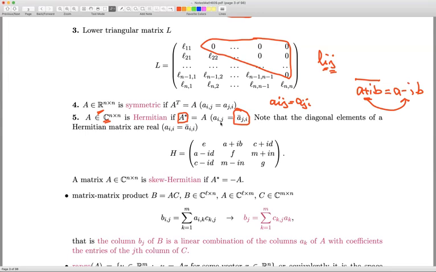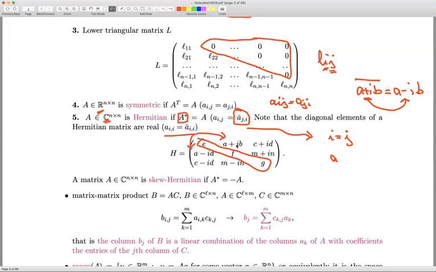And if we have a Hermitian matrix, if we put here in this general equation the case when i is equal to j, then we will have that Aii is equal to Aii bar, which means that the entries on the main diagonal coincide with their complex conjugates. And this is possible only if the entries are real. So if we have a Hermitian matrix, on the main diagonal we have real numbers, and off the main diagonal, this element